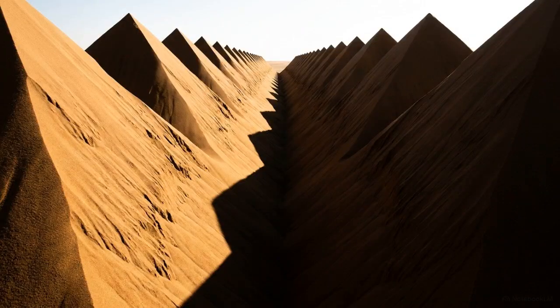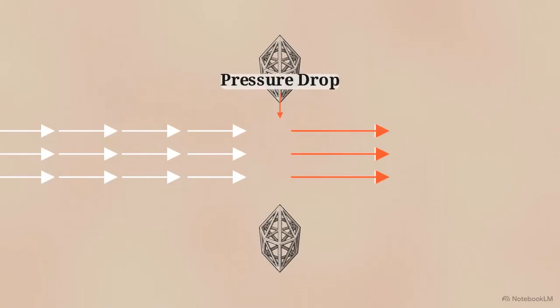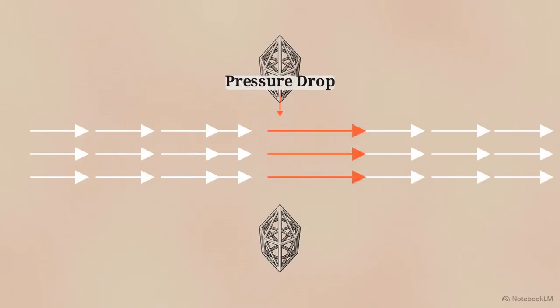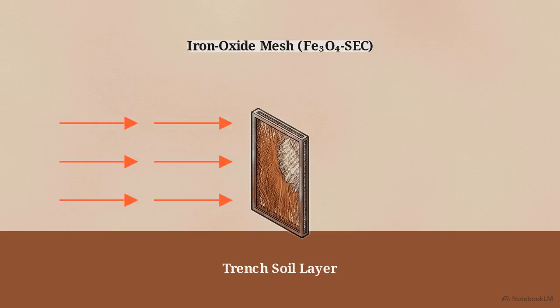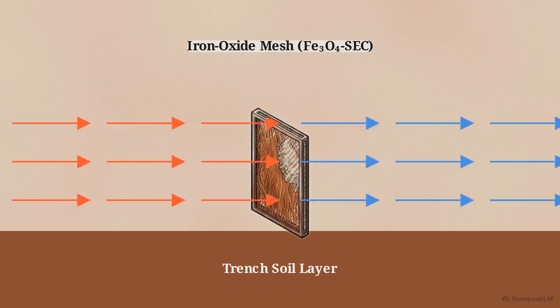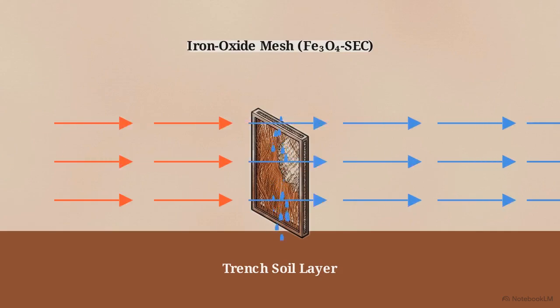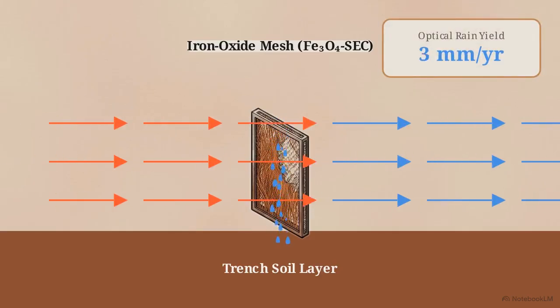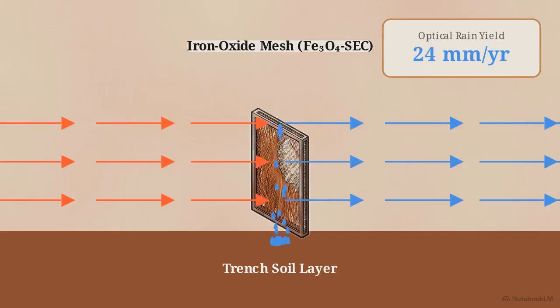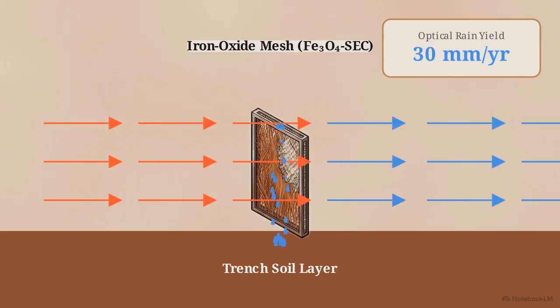downpour. The layout of those diamond islands defines a specific grid of 1-meter-wide interior trenches. As nocturnal breezes pass through these narrow gaps, the air must accelerate, creating a sharp drop in pressure known as the Venturi effect. This diagram shows the iron oxide meshes spanning the trenches. The Venturi-driven pressure drop rapidly cools the local air, forcing atmospheric moisture to condense directly onto the fibers. This creates localized optical rain, passively pulling the equivalent of 20 to 30 millimeters of water per year out of